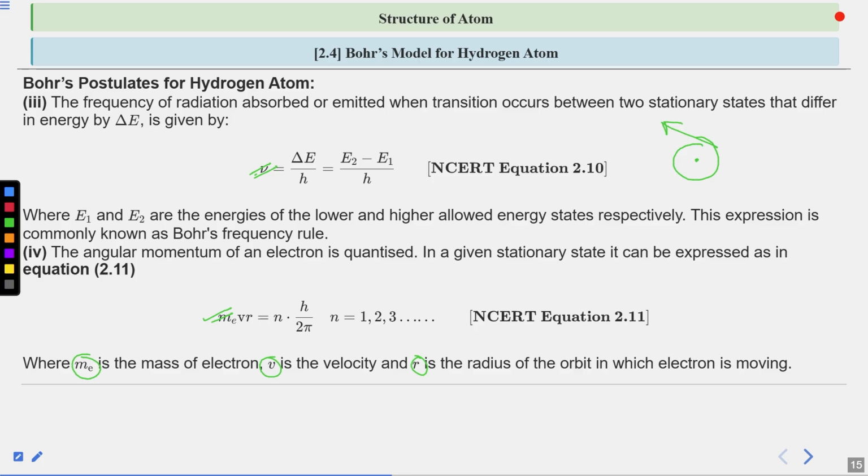No, it is not a force. It is momentum. Momentum and force are 2 different things. Is it clear to you? So, quantized